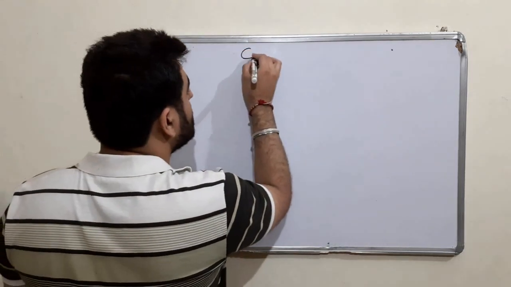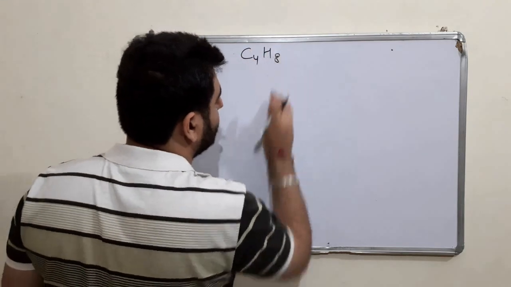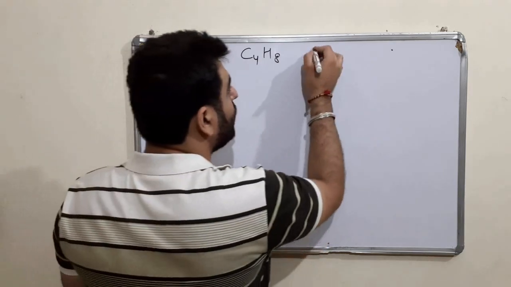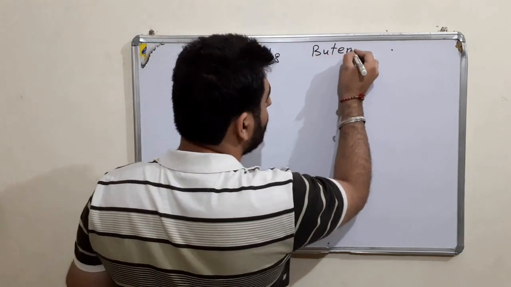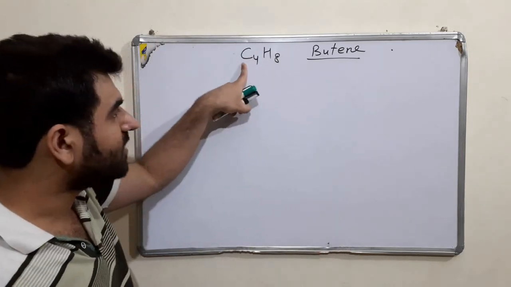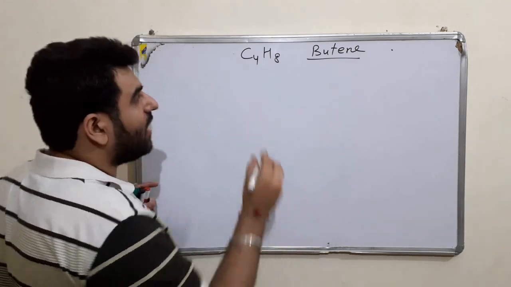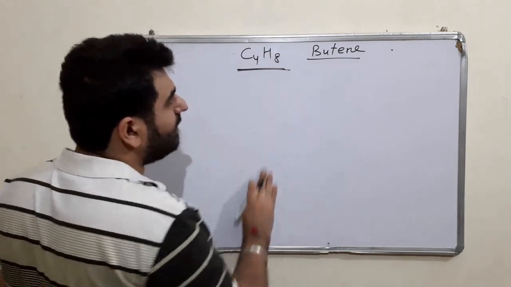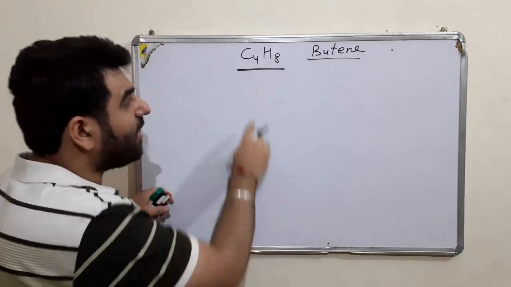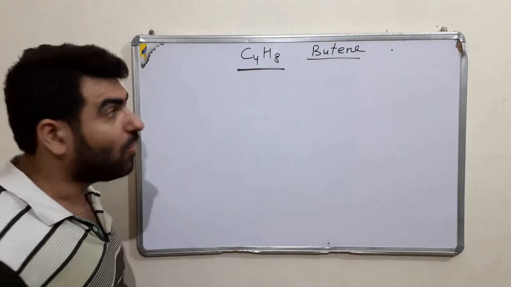That is C4H8. Let it be this example, C4H8. This is butene. You need not remember this name. This will be discussed in organic chemistry. This is C4H8, known as butene. Just in this thing I want you to learn, or just cram, that when there are carbons in many numbers, that is, here carbon is 4 in number,